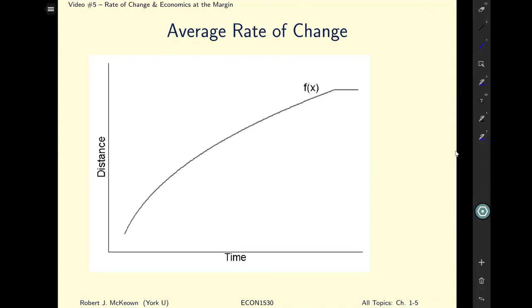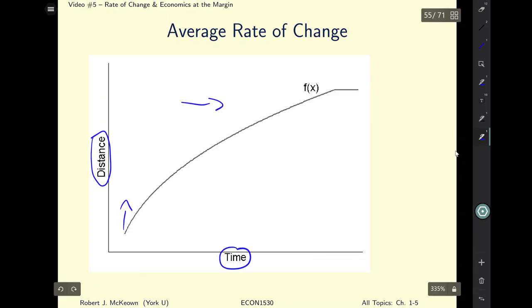Here's a diagram illustrating a concept that you probably learned at some point in high school. We have time on the x-axis, and on the y-axis we have distance. You can imagine here, maybe we're throwing a baseball, or you can think maybe you're kicking a soccer ball if you prefer soccer. The moment the ball is released or kicked, it covers a lot of distance, but over time it loses energy,